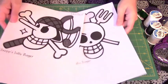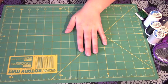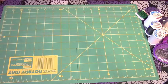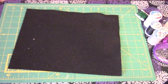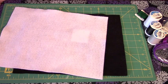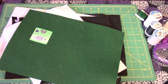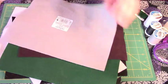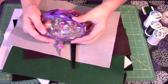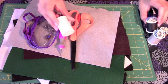And for the materials that you'll need for this are the pictures of the Jolly Rogers, of course. I'll be using my cutting mat, and I'll be using some scrap black felt as well as regular black felt. A full sheet of white felt, and a scrap piece of white felt. Also be using some green, brown, and gray colored felt, as well as an X-Acto knife and scissors. I'll be using some head pins, or some pins, a needle, and I'm going to be using white, black,